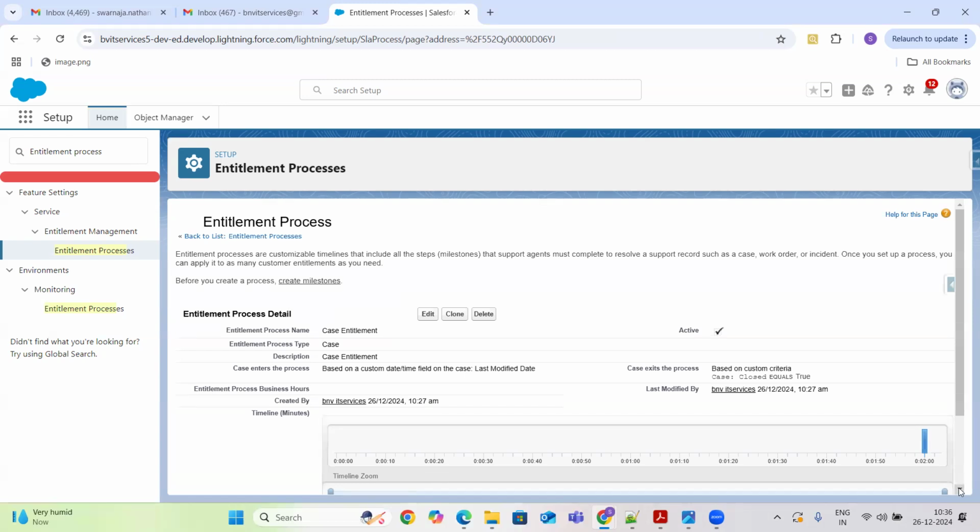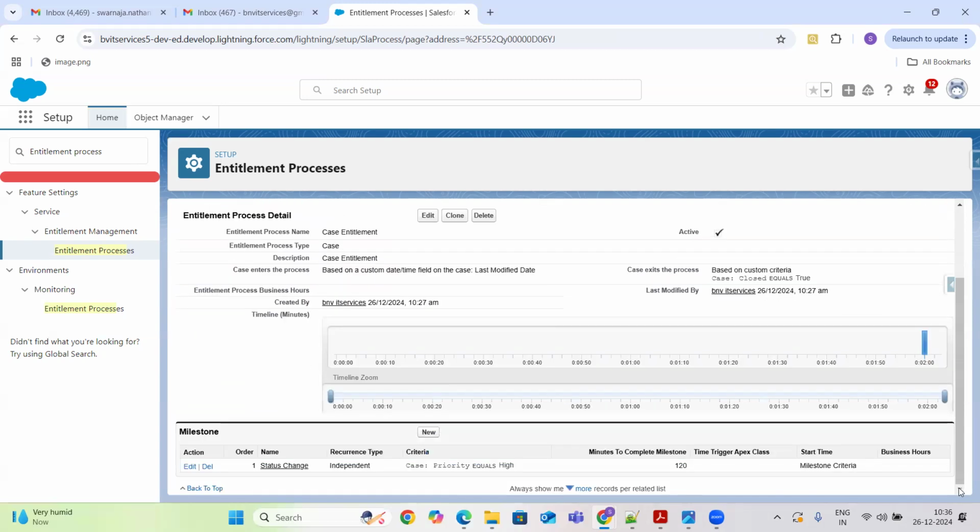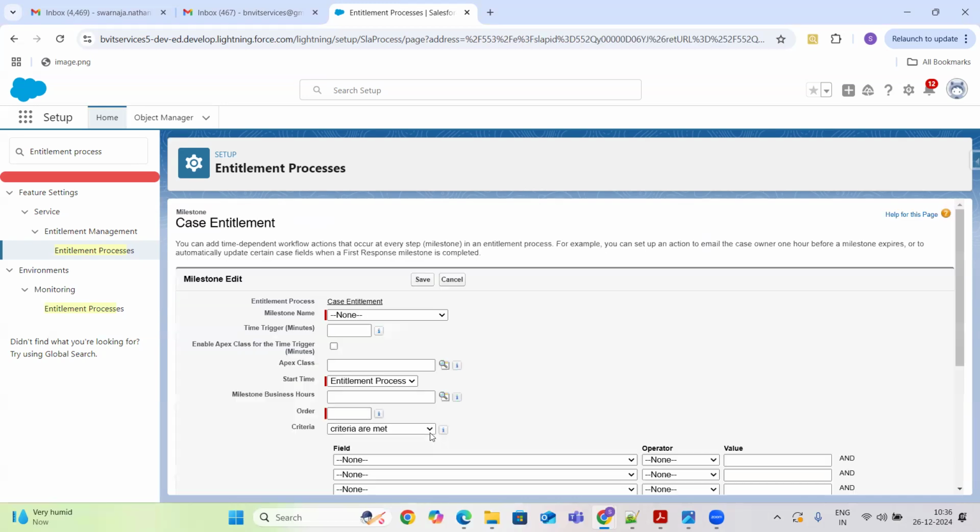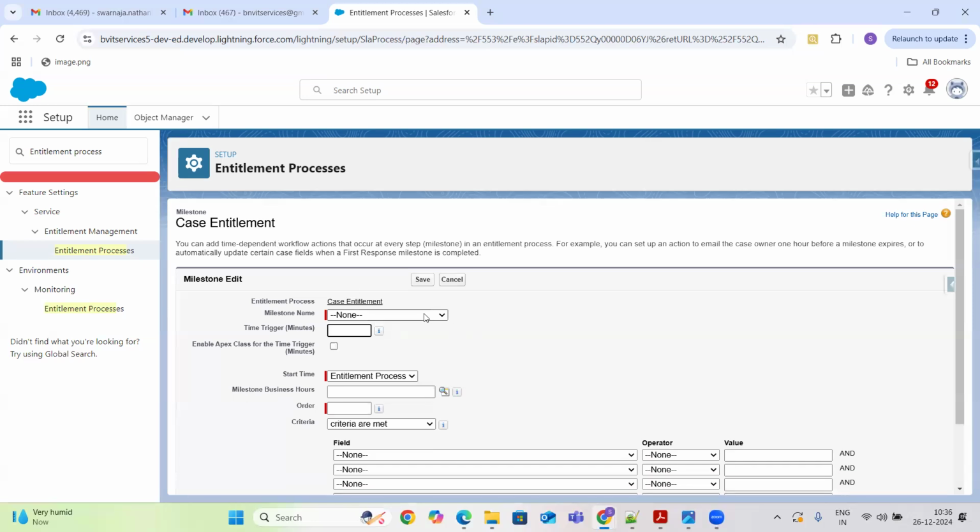In case of medium priority, then I have to give my milestone time as 240. Then I can select another milestone. So the name is status change again. Time trigger here is 240. So this is my second one.